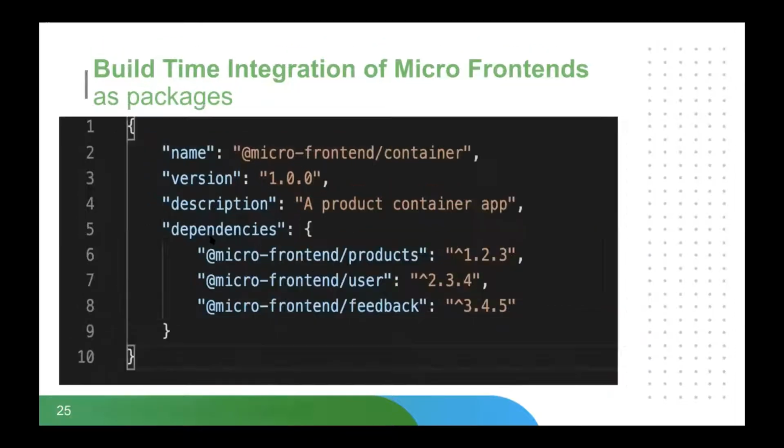The second way is adding it as an npm package. In this approach, each micro frontend app is published as an npm package, and the container app includes them all as a library dependency. So you can see every micro frontend app represents an npm package. The main app container builds itself into a final bundle with all the dependencies, which are the micro frontends. So this makes sense, right? But it is not recommended because it has one big drawback.